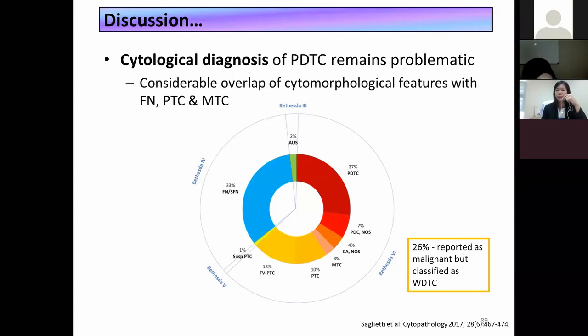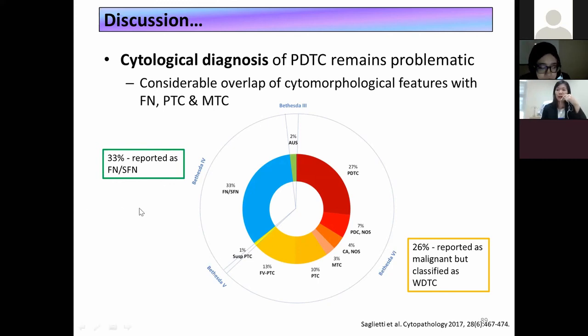In a recent report, I think it's a systematic review, they found that as high as 26% of cases were reported as malignant, but classified as well-differentiated thyroid carcinoma, as in my case. So they failed to identify poorly differentiated thyroid carcinoma, and sad to say that 1/3 of the cases were put as follicular neoplasia,